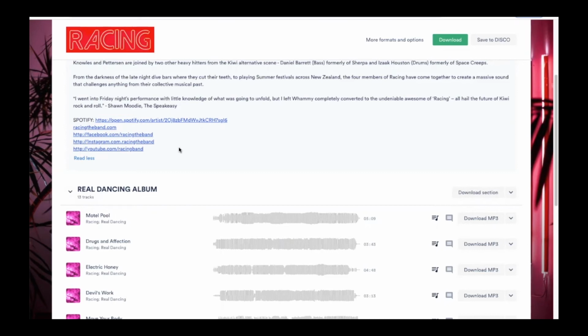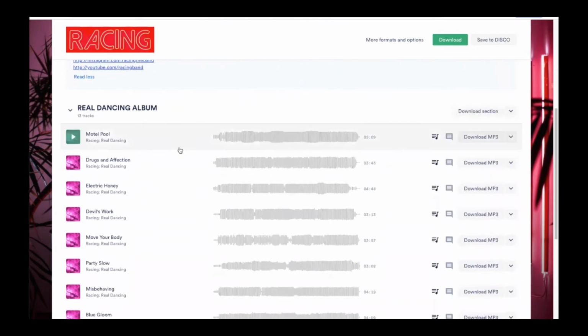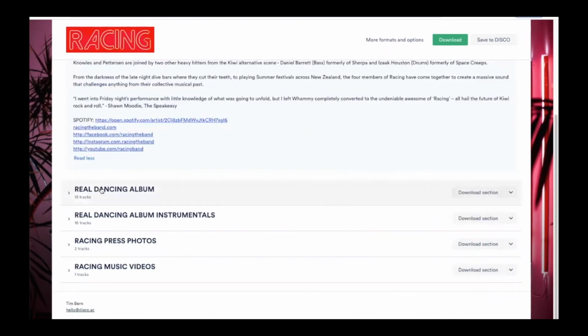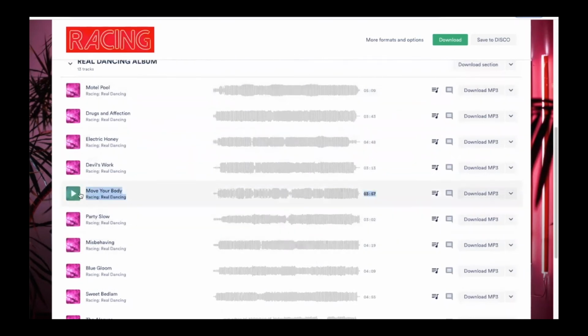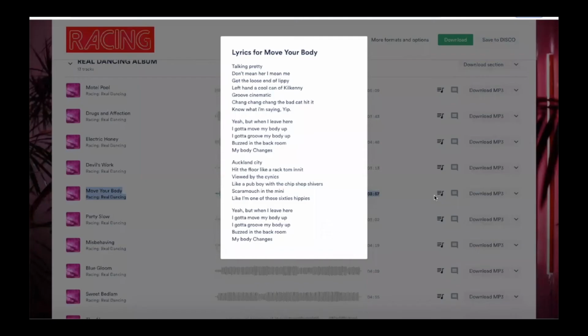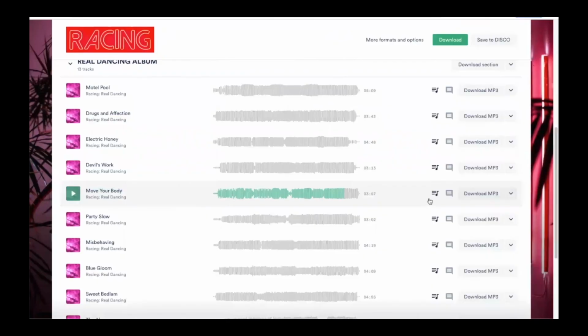Absolutely. And down here, the important part being the music, you can create sections to divide out different things. So here are all the main tracks. They're all playable, and the supervisor can scroll on the waveform. They can read your lyrics. There are options to download the tracks, the MP3, the WAV, the AIF. Depending on the plan you have in Disco, we'll automatically convert between WAV and AIF.